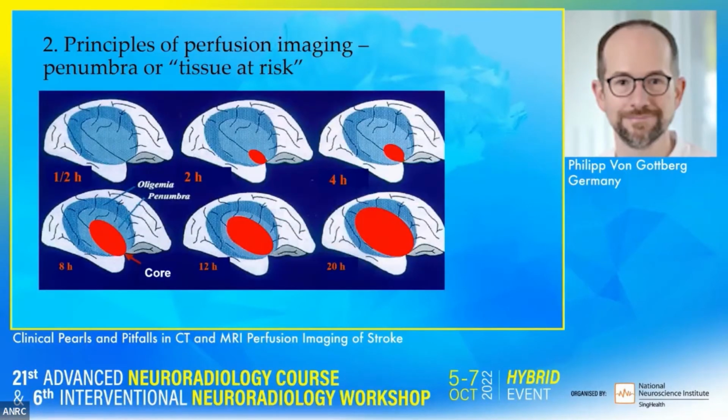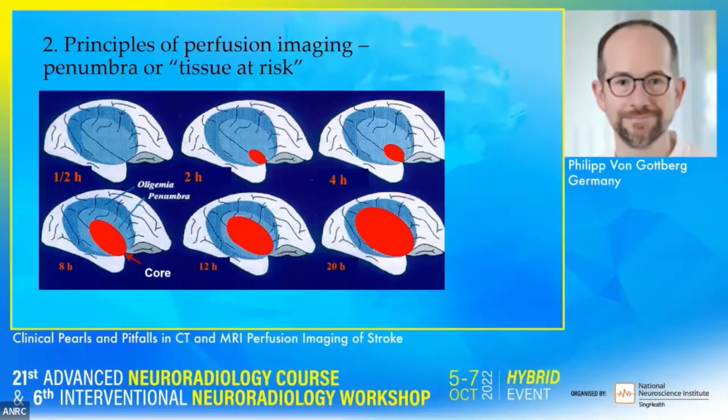This is not a static system. If we look at this schematic view of the brain, let's say after 30 minutes, we have a huge territory in light blue, which is penumbra tissue. It has temporarily lost its function. It may regain its function if it is saved in the right time. We don't have an infarction core yet, and we have a dark blue surrounding area of hyperperfusion that somehow keeps, through collaterals and through diffusion, this light blue tissue still living, that is cut off from its main supplying